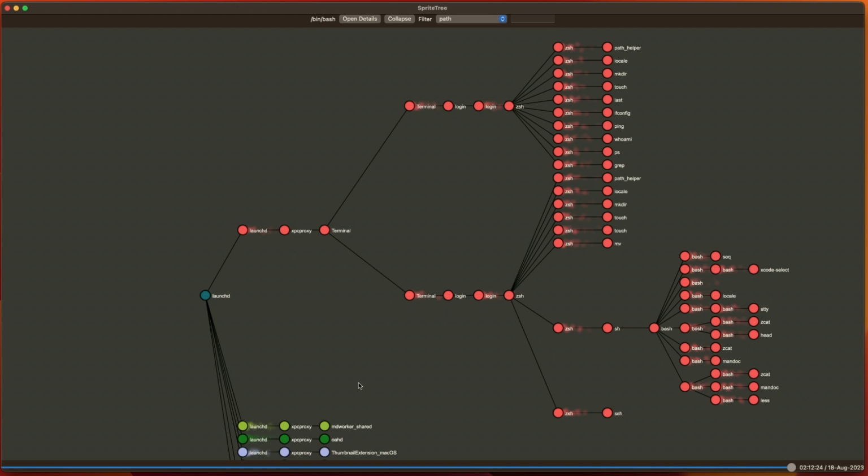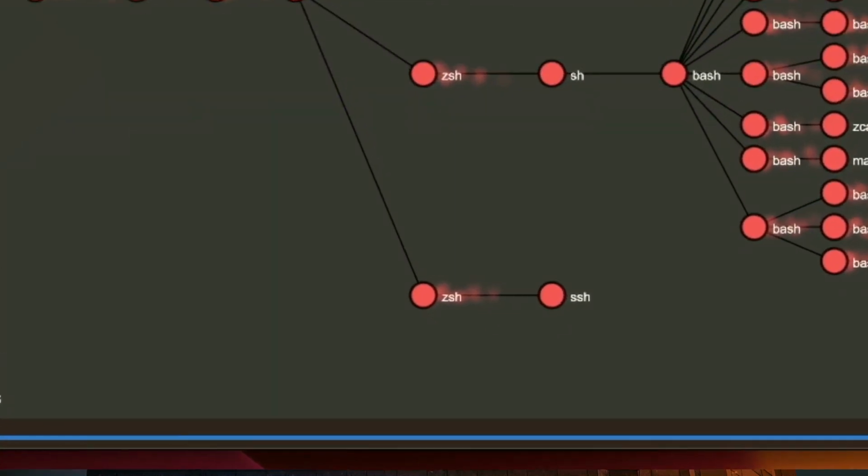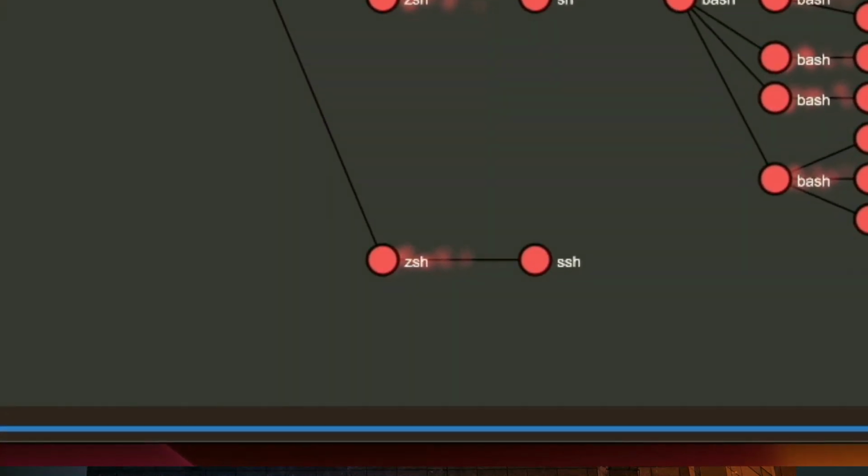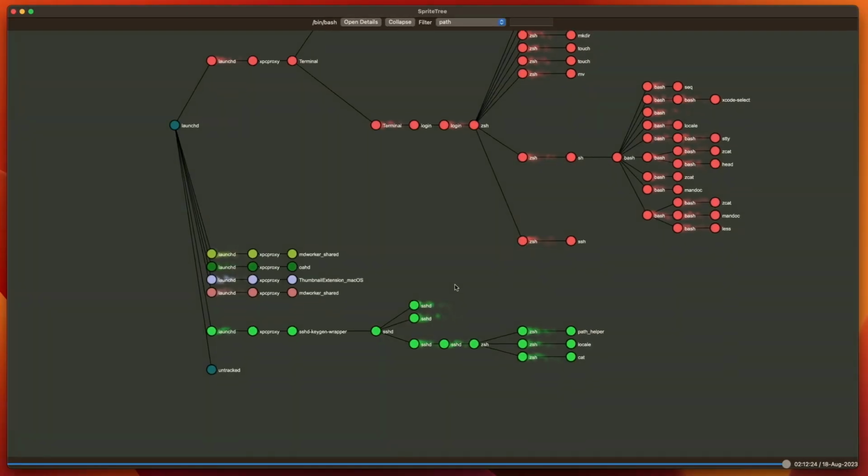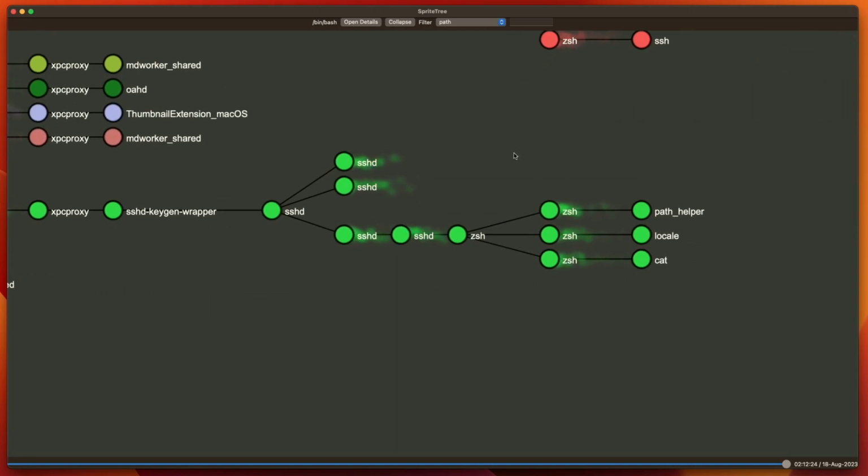This is how it was intended to be by Apple. Any way to get around this would be considered an exploit of sorts, right? So for example, remember when we ran the SSH command to SSH into our own system? This was a technique we saw used by malware years back in order to gain full disk access. The malware did this because, as it turns out, when you log in over SSH, even if you log into your own local host, you actually end up generating a completely different tree under the SSH daemon, resulting in a new set of active permissions.